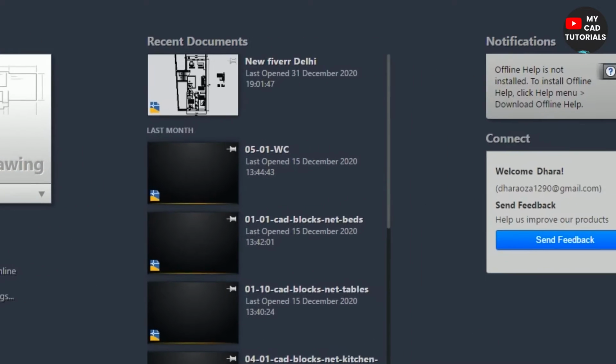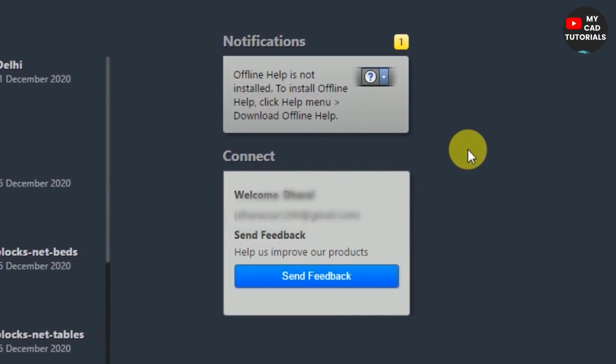Now the third part is Notification and Connect. If we have an Autodesk account, then we can sign in from the Connect option. By clicking here, we can sign in to the Autodesk account. I have already signed in, so it is showing me a welcome and my email account.